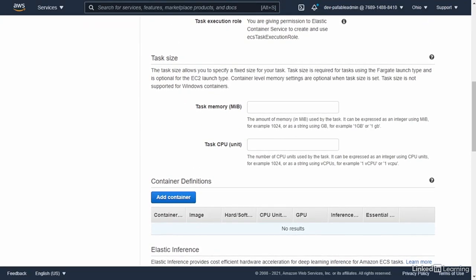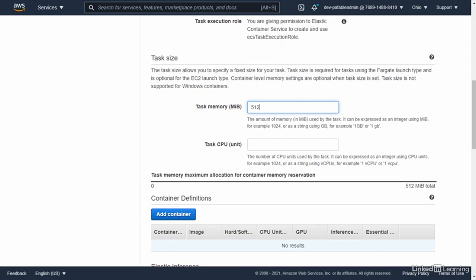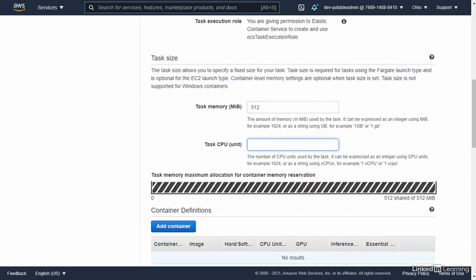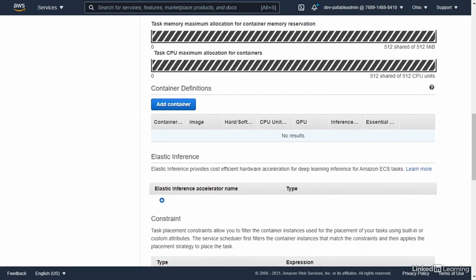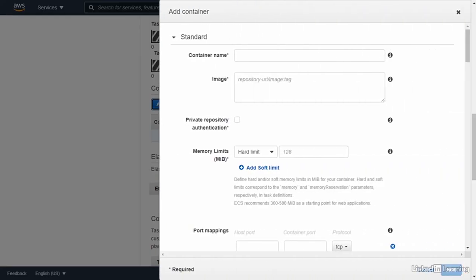And for task memory, we'll just put in 512, and 512 for the task CPU. So this is going to be 512 megabytes and 512 CPU units for the memory and CPU. Okay, now let's add the container definitions. Within the container definition, we'll just give it a name of Ghost, not Ghosty, Ghost container. And in here, we'll put in ghost